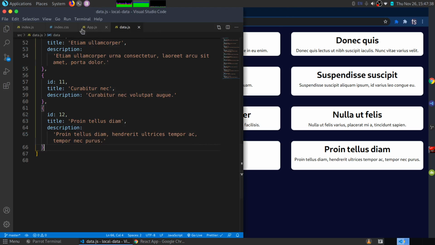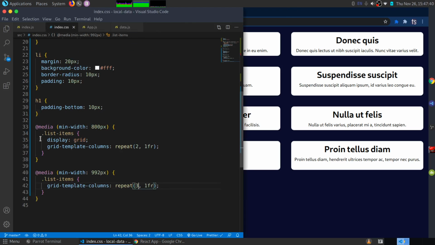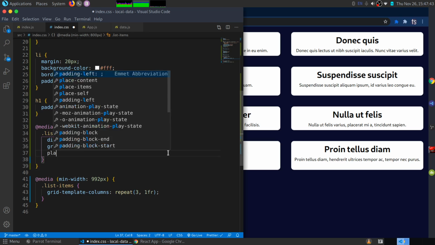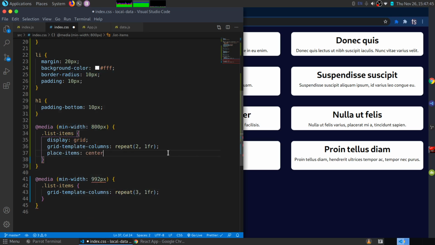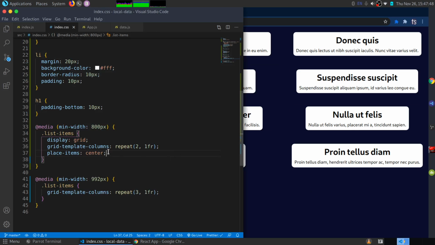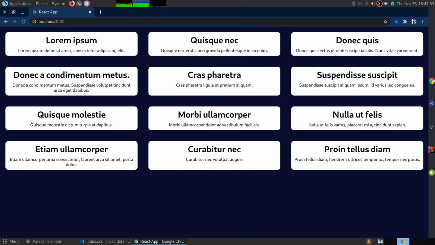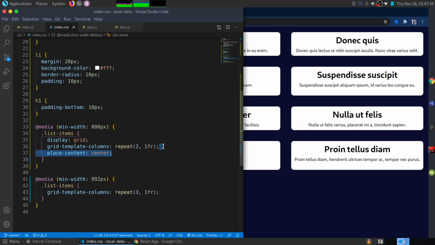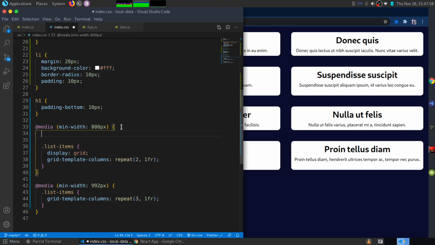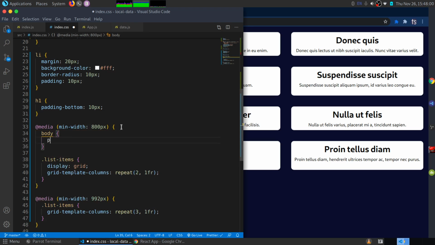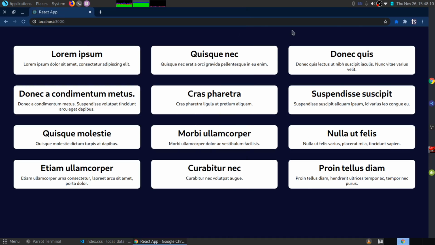And then I can say for this, let me go back here and I'm going to say place items to the center. Oops, nope. Place content. What was it? I've forgotten what it was. So just to avoid that, let me just add some padding on the body. Let me just add on the body, let me say a padding of 50 pixels on the top and bottom and 30 pixels on the left and right. That will move it down a bit and away from the edges a bit,